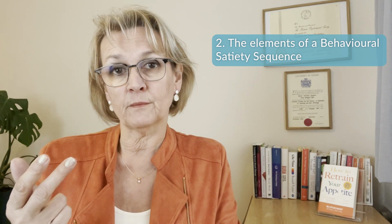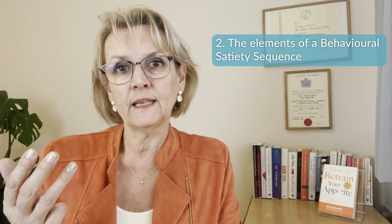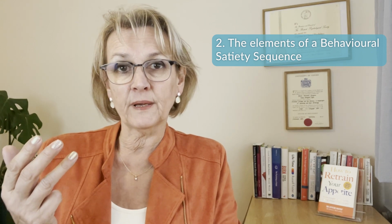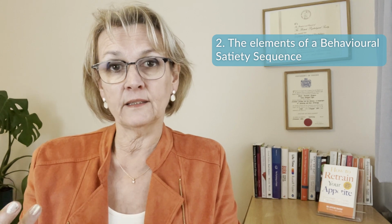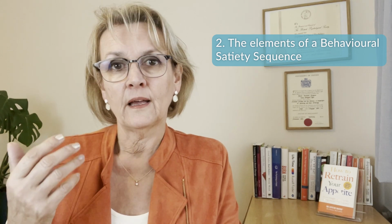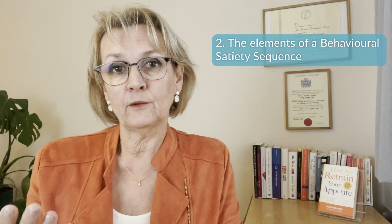Third, it needs to be something simple so you can just go and do it. Fourth, ideally it's something that is incompatible with eating, something that's called a competitive behaviour. So it would be very difficult to do this other thing and eat at the same time. And finally, it helps if the thing that you're going to do would last about 20 or 30 minutes, because by then your brain will have registered far more fullness signals and you're less likely to be wanting to keep